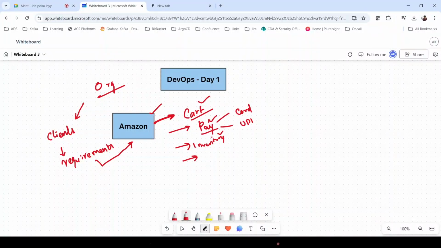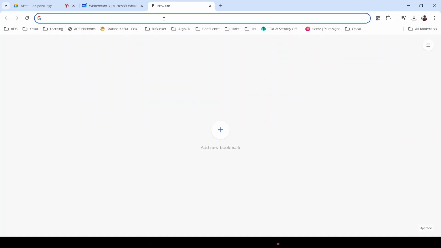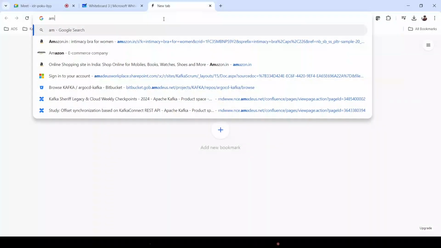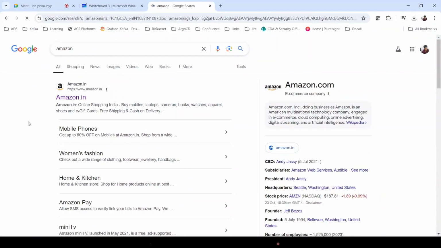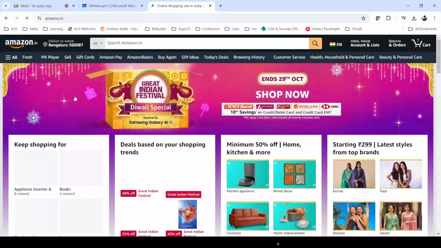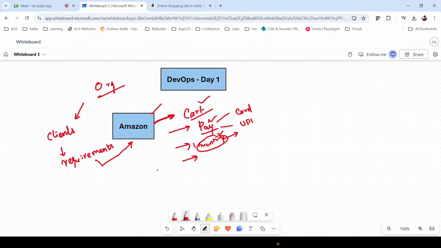For example, the inventory will be visible on our screen. This is the front end interface, so every inventory item will be visible in the front end, and a front end developer develops this.